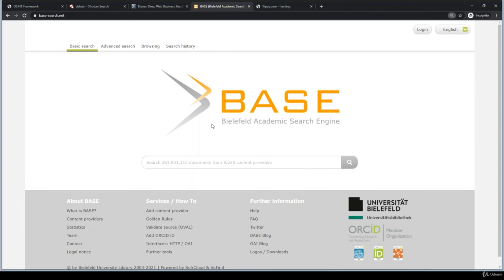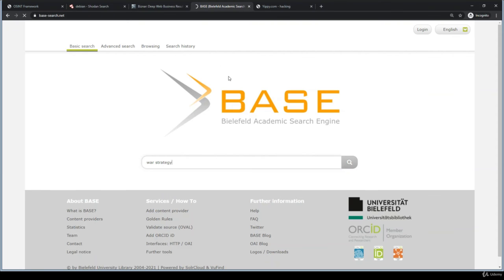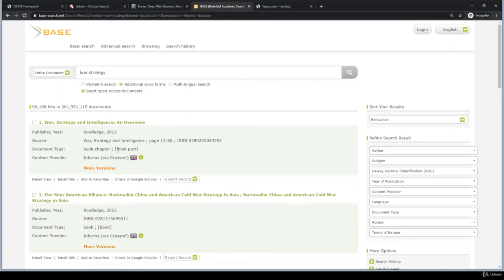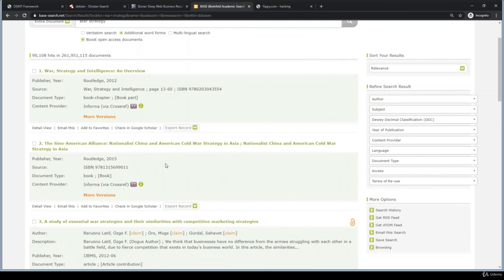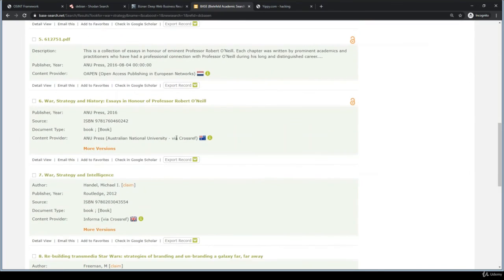You should check all these out, and if you simply type a particular keyword here, you will get related documents, dissertations, articles, or research papers on this particular topic, the keyword that you put in the search bar. There you can see war strategy. This is the research, the publisher, the content provider, and then you can see the ISBN number, book, and the other details. This is the article, the country, and all these things.